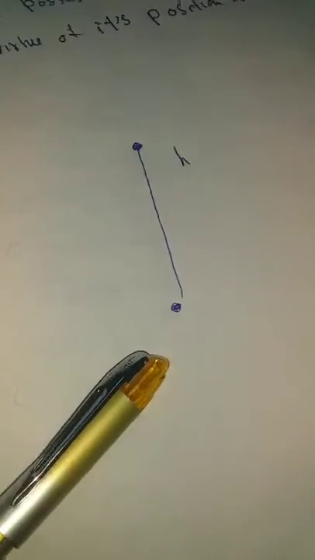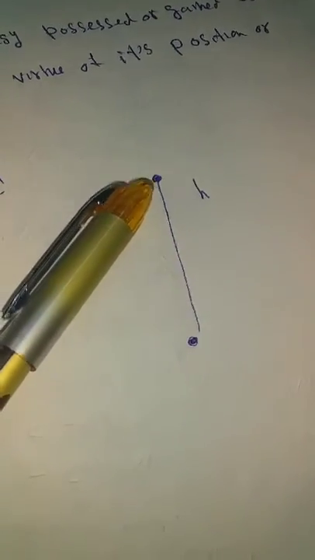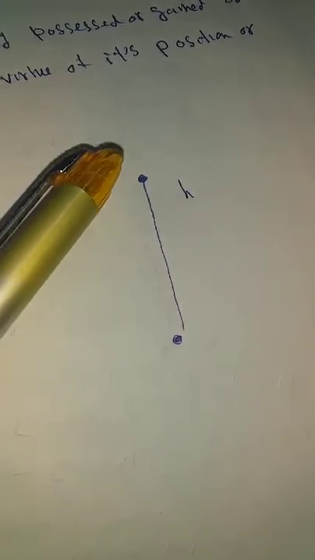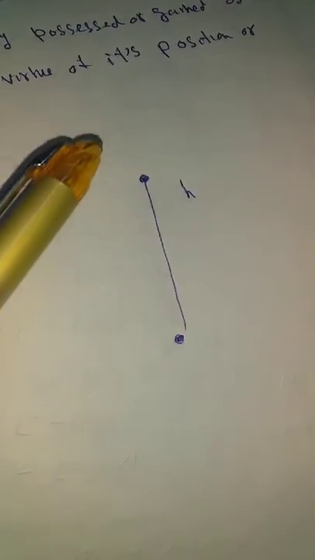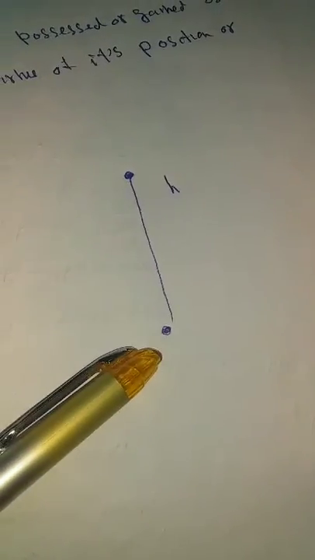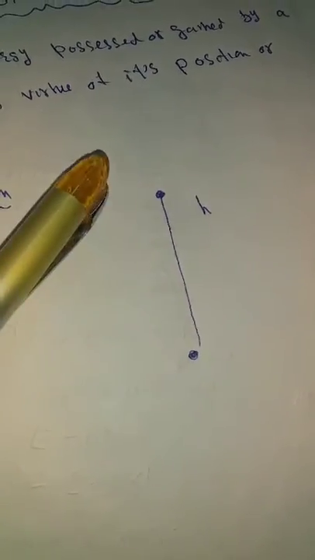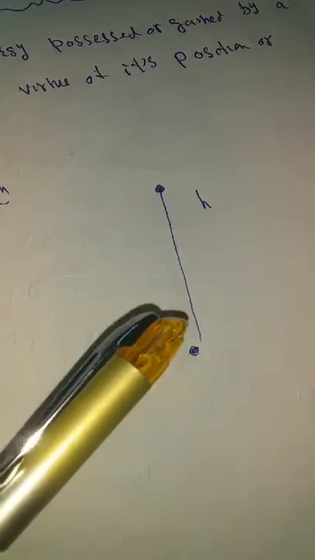Here the stone was not able to do work, but when I raise the stone to a height h above the surface and release it, it is able to do work. It has a capacity of doing work. That means I have changed the position of the stone from the ground to the height h, and this is the energy gained by position.